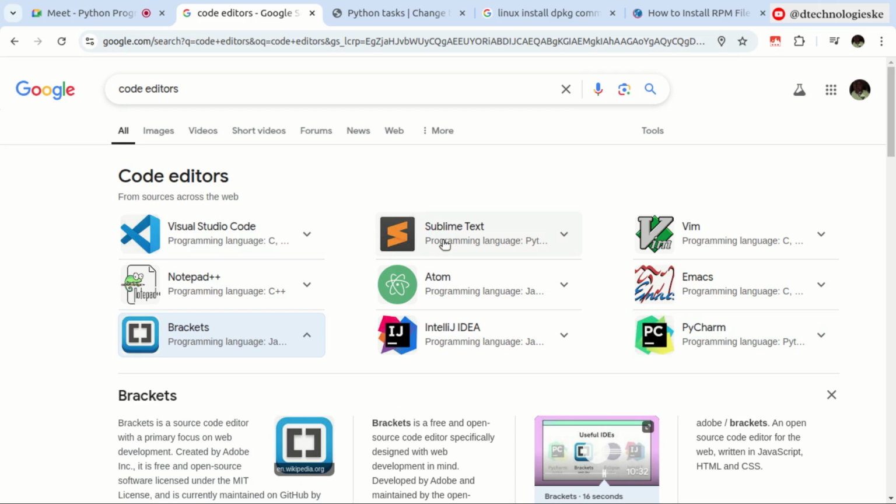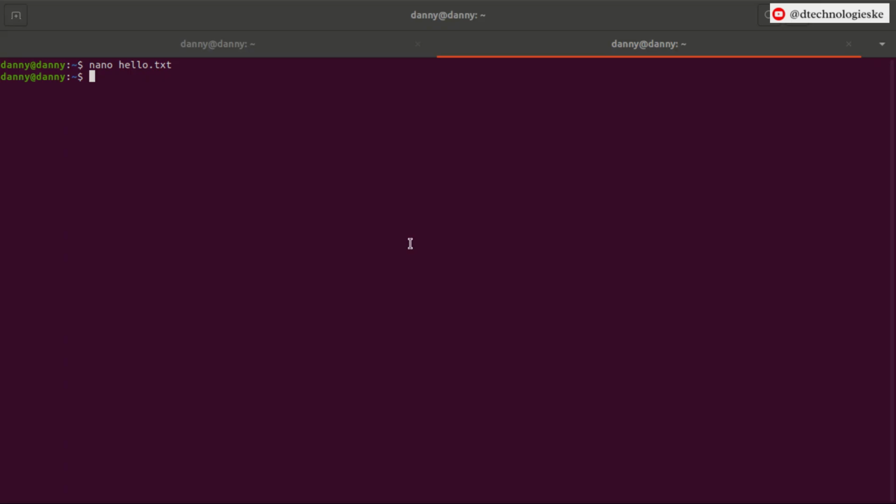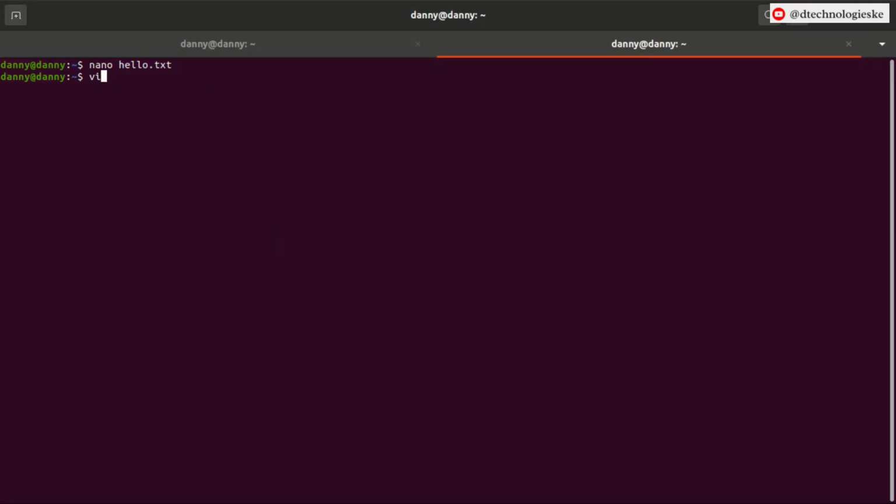All right, I haven't interacted with the others, but you can also try them out. Actually, Vim should be inbuilt, mostly on Linux. I just used Nano here. I could as well have used Vim h.txt, and it will give me an interface whereby I can type in